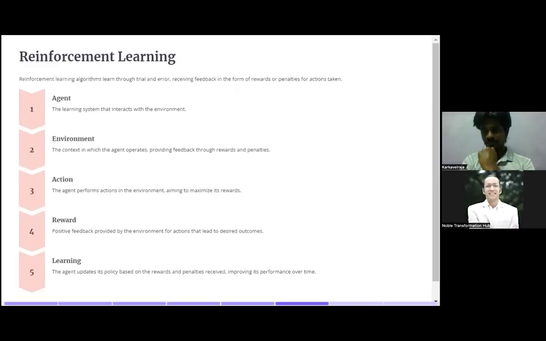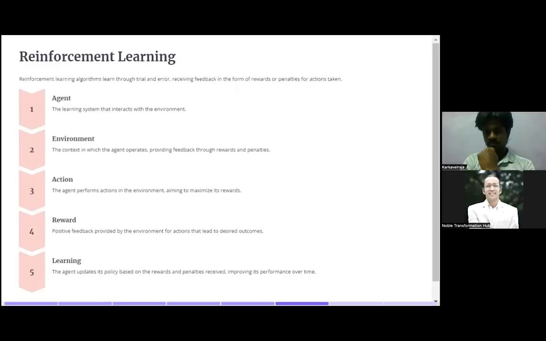So that is why it is very important for reinforcement learning to consider what kind of environment and what kind of intelligence. The environment then provides feedback through rewards and penalties.